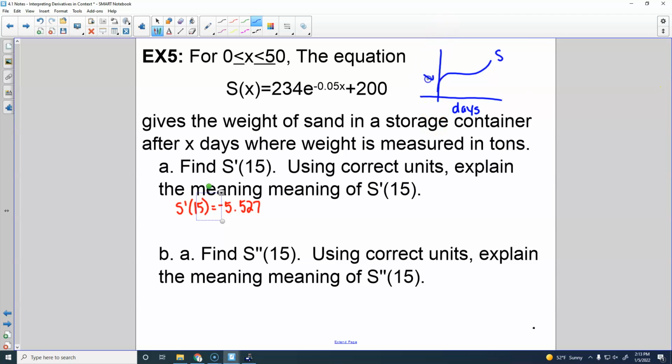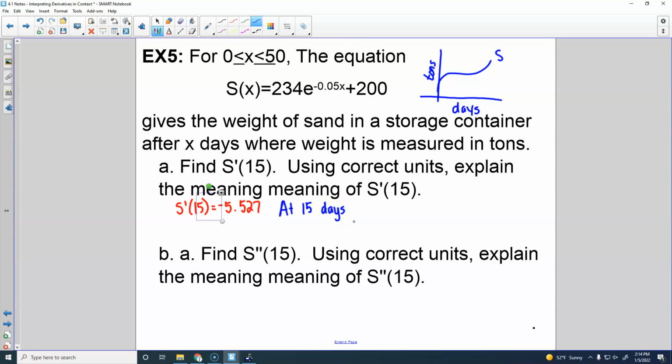It is tons. So this equation, if you want to know the weight at a certain time, you would plug in. If we plugged in 15, it would give us the weight at 15 days. But we're not finding S of 15, we're finding S prime. So it is a rate of change. Okay, so you are losing 5.527 tons per day at this particular point. So you have to say at 15 days,